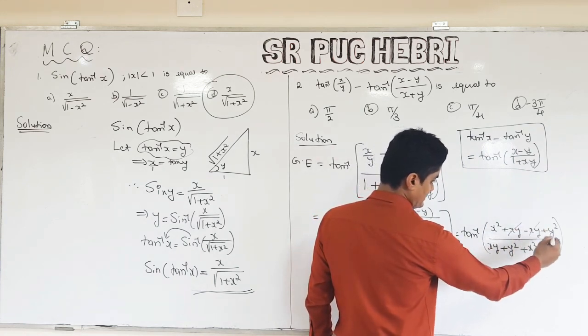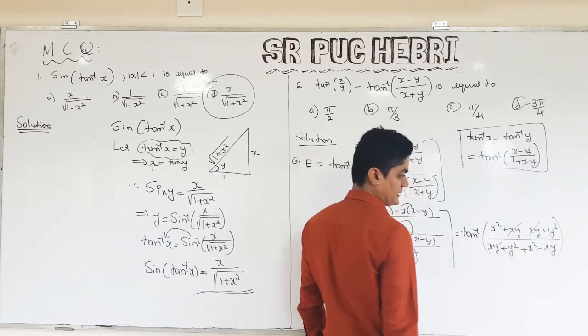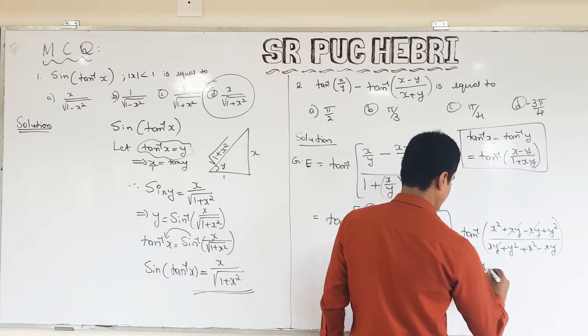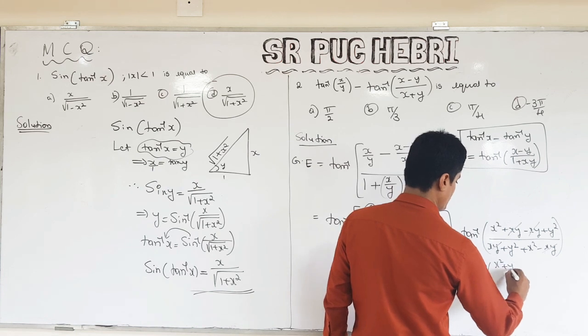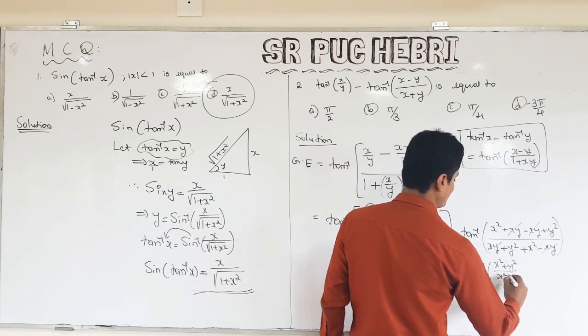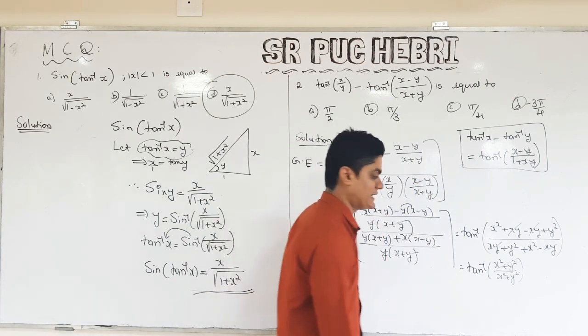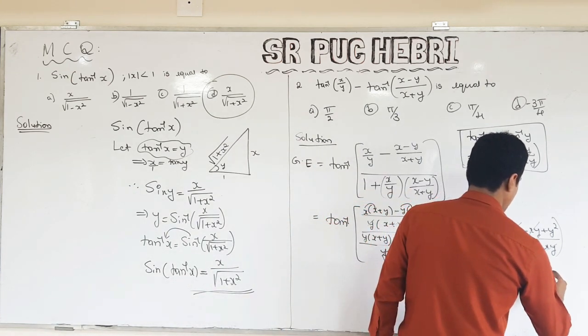Plus xy minus xy plus xy minus xy cancel, correct? What is remaining? Tan inverse of (x square plus y square) by (x square plus y square), right? So the answer is tan inverse of 1, and you know